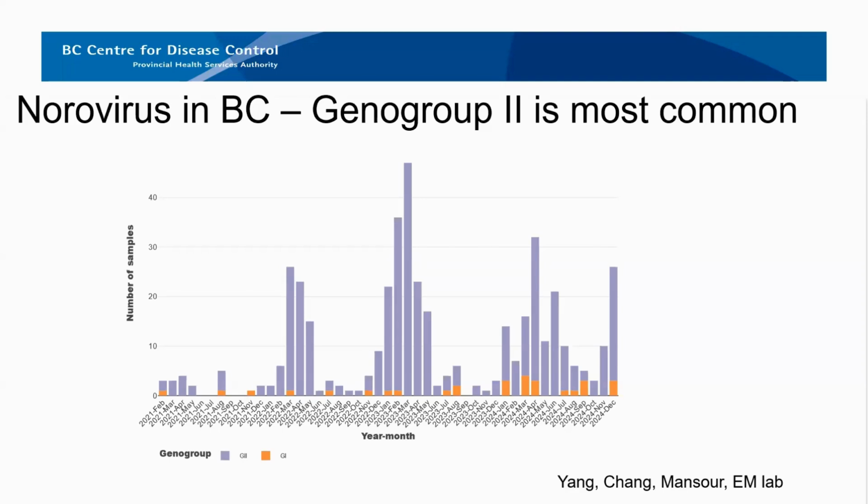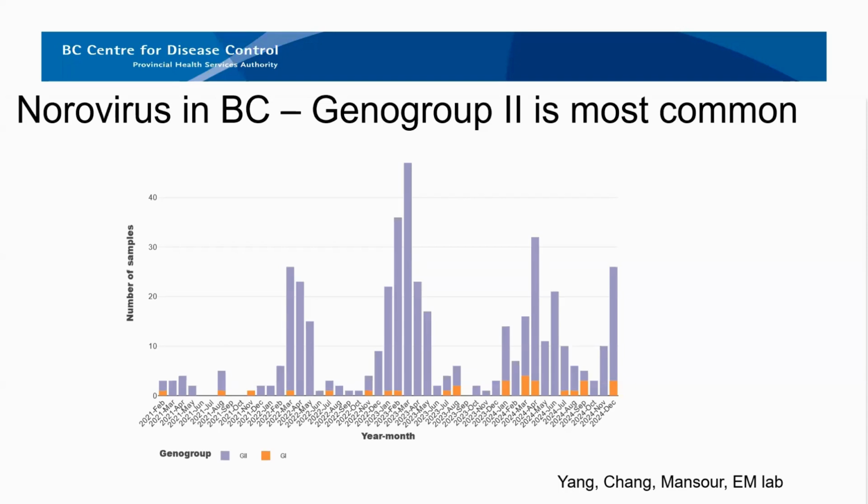We do support some reference services, so confirming different testing. We also receive samples for genotyping specifically or sequencing. And we do support, particularly here in the Lower Mainland, testing of specific facility outbreaks. But we do not have a centralized database for all norovirus data in the province. So it's a subset of this data, but it is a valuable source of data to show us what's happening in the province.